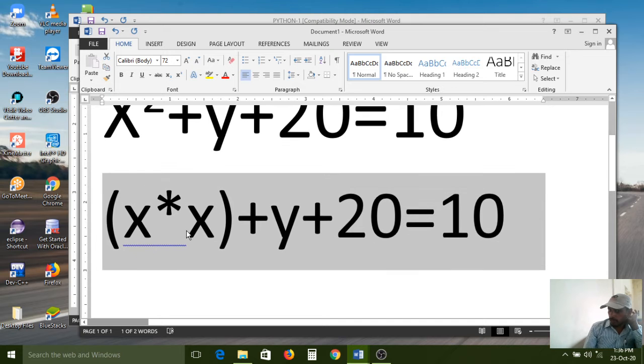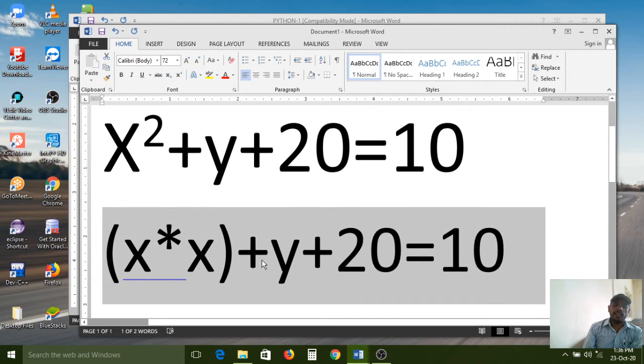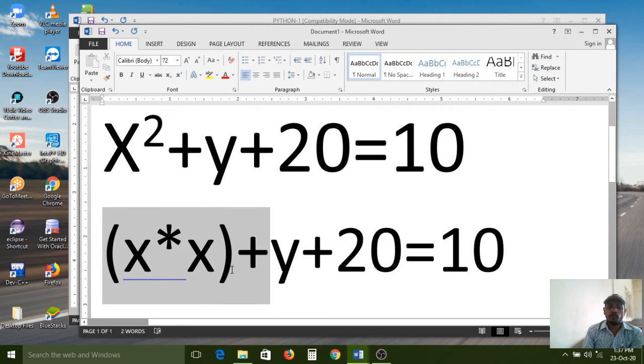This is the way we have to write in a programmatic way, because the x square symbol will not be supported by any programming language directly. Compulsorily we need to give that information to the interpreter. If our expression contains squares or any other symbols, that functionality we have to write clearly in our program. Otherwise, the program will not understand anything.